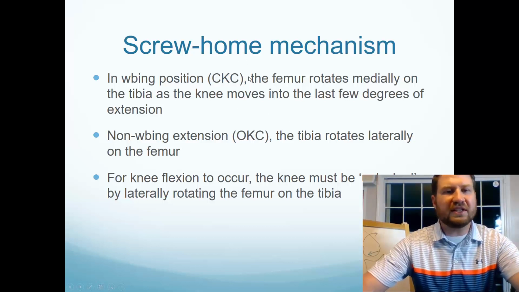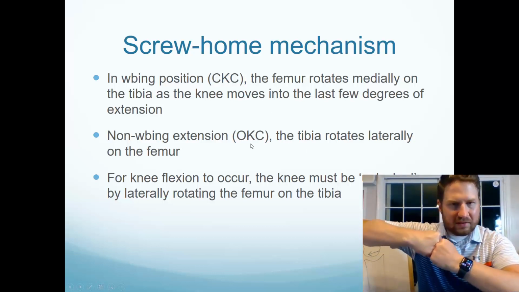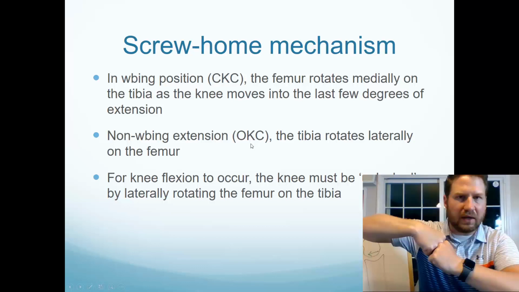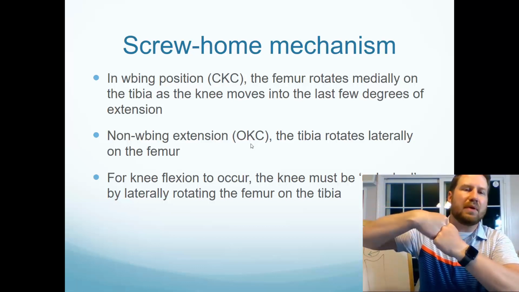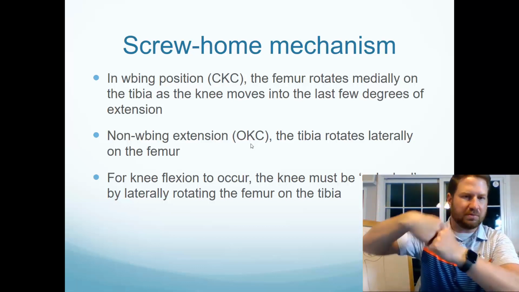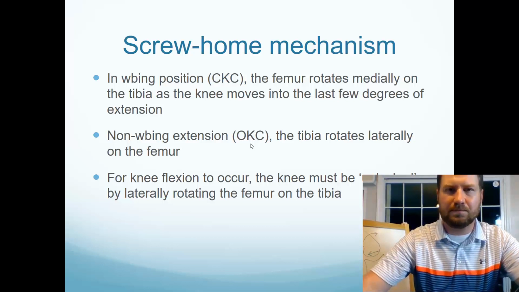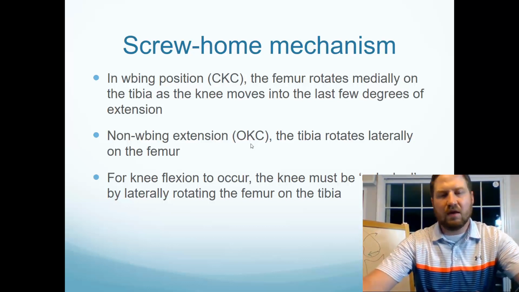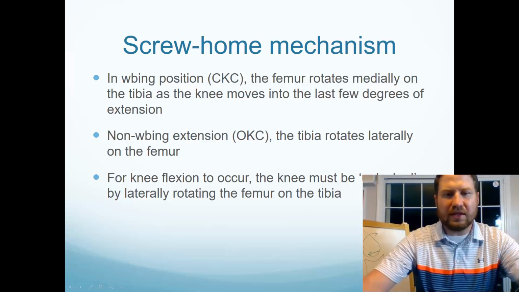The knee is fully extended. We have the rotation, depending on which one it is. We are maximally congruent, right? That close pack position, a dangerous position for the knee to be in. For flexion to occur, the knee must be unlocked by laterally rotating the femur on the tibia